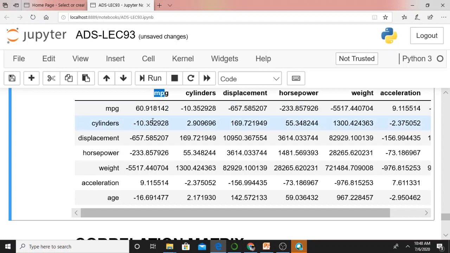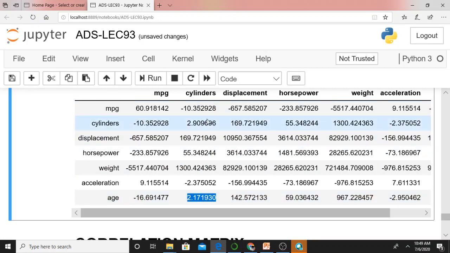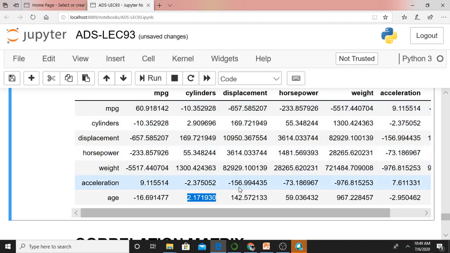This is minus 10.35298, something like that. What is the covariance between age and cylinders? This is 2.171930. In that manner, you can identify covariance between each and every pair of variables, isn't it?